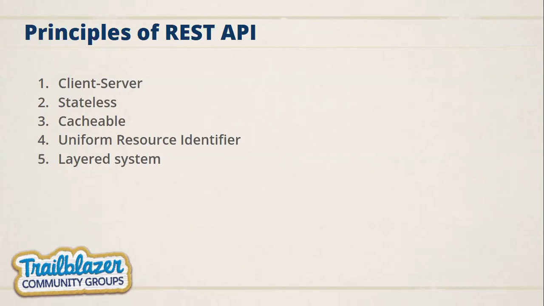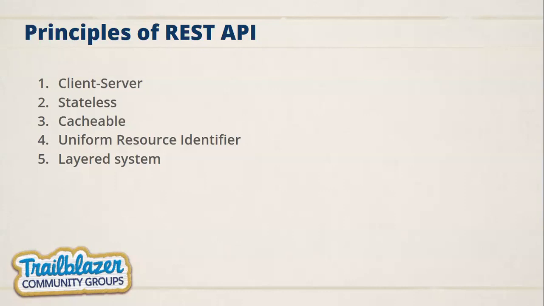Stateless. Basically, REST API mostly works on the HTTP protocol. By default, HTTP protocol is stateless. The server will not store any of your previous request data. So whatever request you are processing, you have to give all the basic information for the server to fetch data. Otherwise, it will not give data. If you want to get product information, you have to specify which product information you want, and only then will the server be able to answer with the proper data.